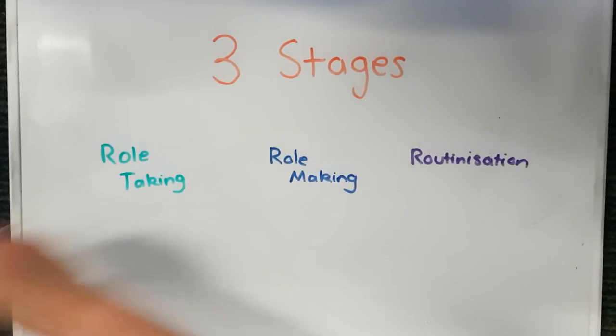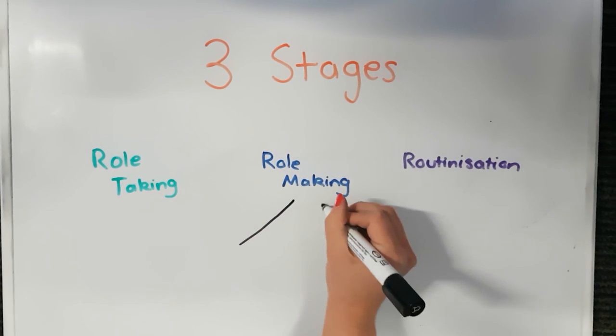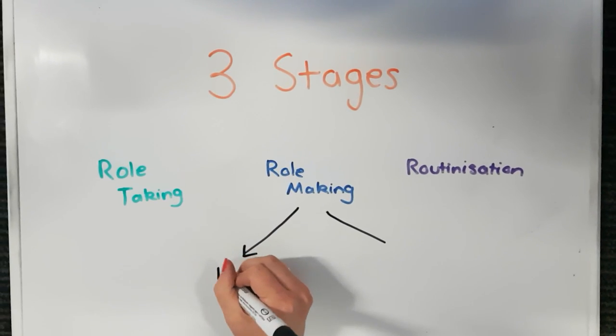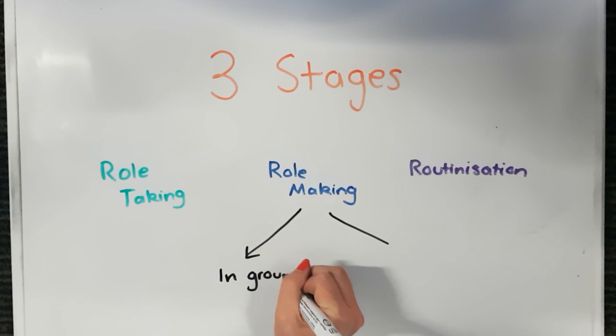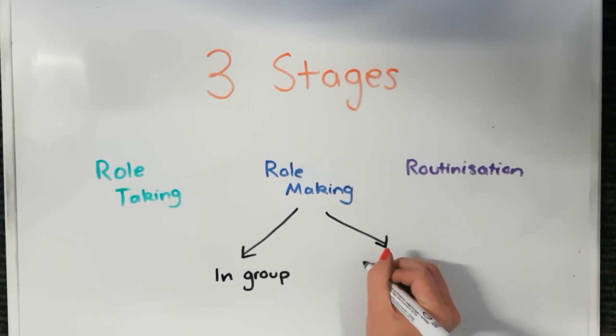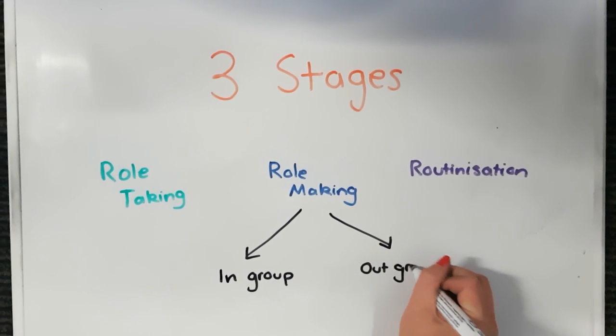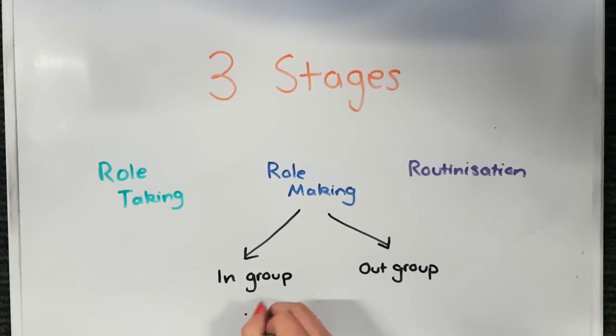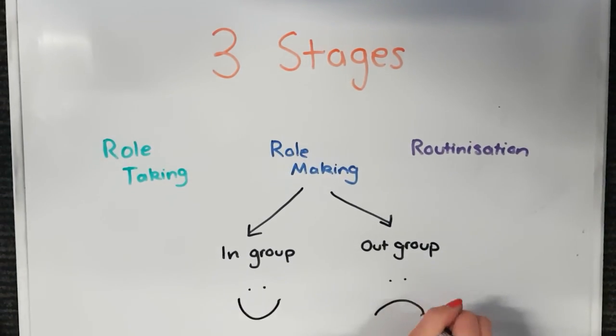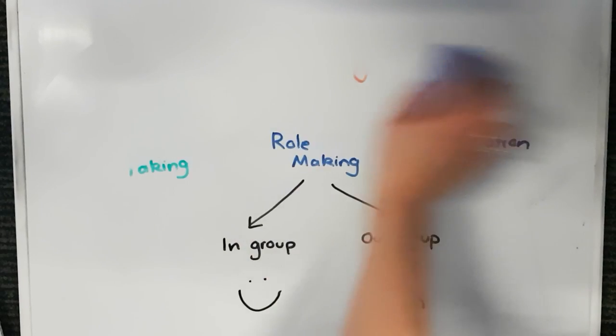It's during this process that they are sorted into 2 categories: in-group team members who have proved themselves and worked hard, and out-group members who haven't. In-group members are much more likely to be given opportunities in the future. Finally, the routinization stage is required for team members to form solid relationships.